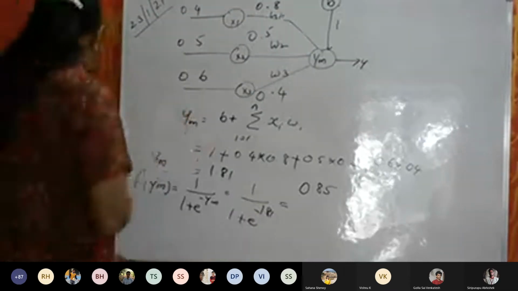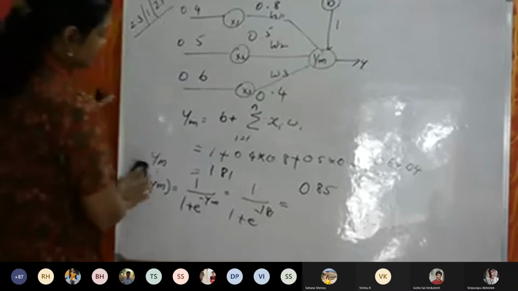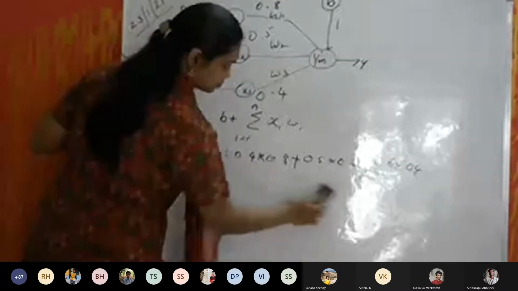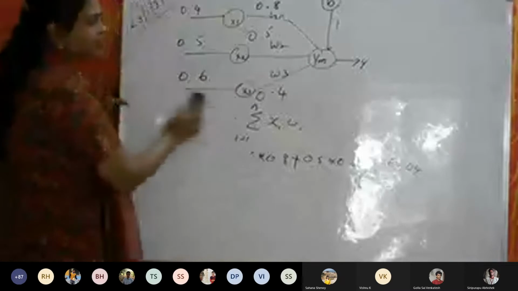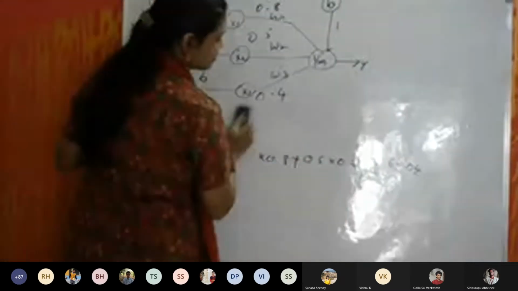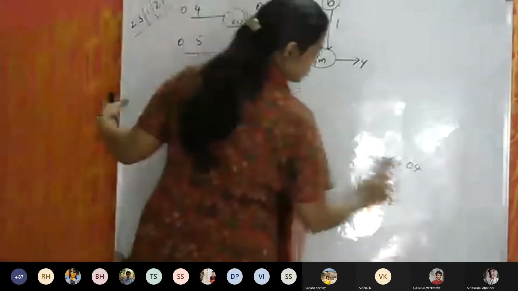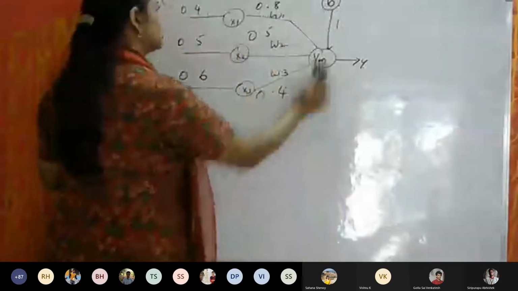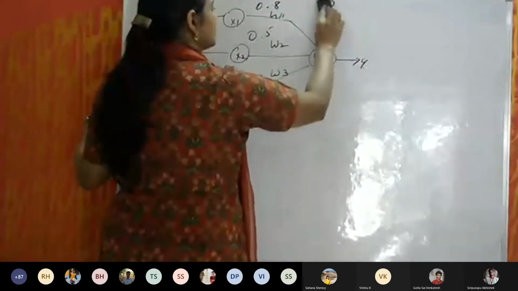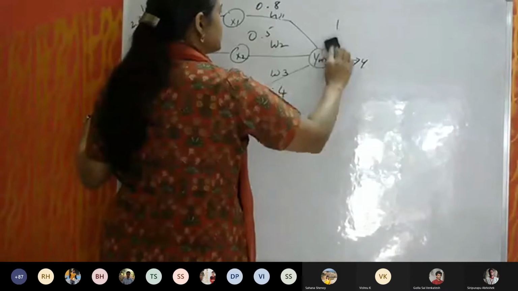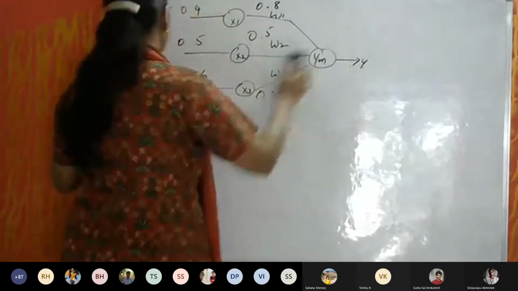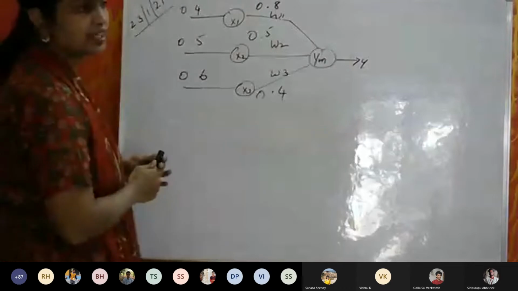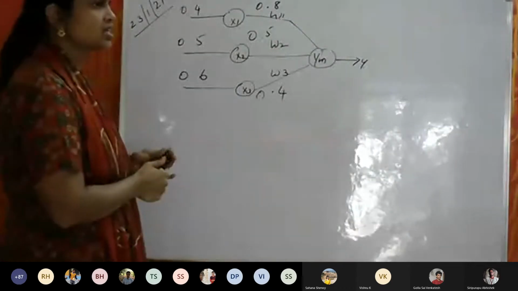So now let us go for the MP neuron model. The MP neuron model will not have any bias. In the MP neuron model, we will have excitatory weights and inhibitory weights. As you can see in the slides,